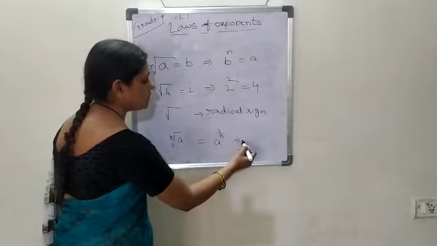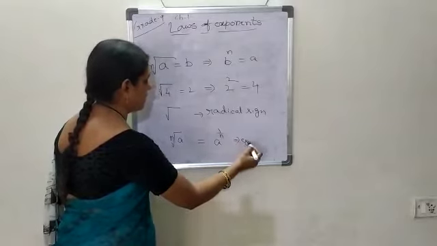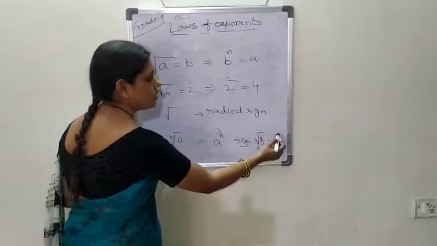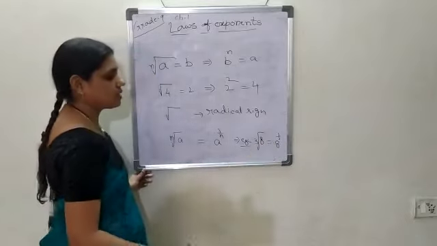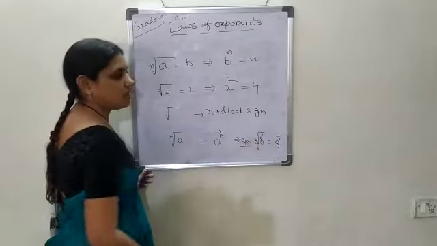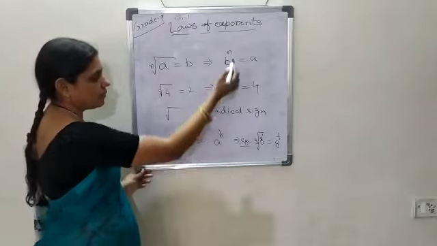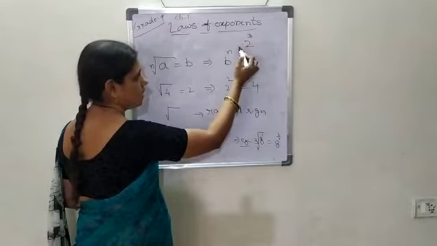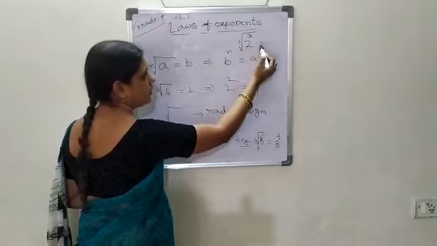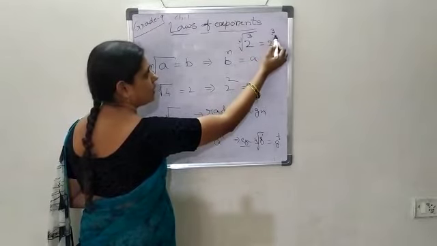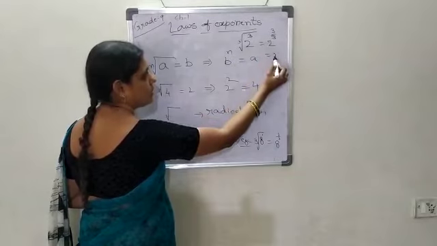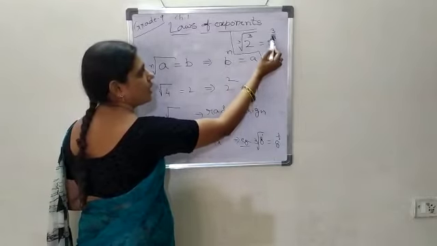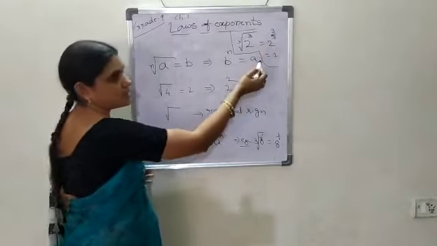Suppose you want to write, for example, cube root of 8 without using the radical sign, using exponents: 8 to the power 1 by 3. Here nothing is written for the power, so we take it as 1. So 8 to the power 1 by 3. One more example I am giving, you see. Suppose you want to write cube root of 2 power 3, then 2 to the power 3 by 3, that is actually 2 power 1 only, as we already know. So cube root of 8 equal to 2, but this is how to write it without using the radical sign, using the exponent.